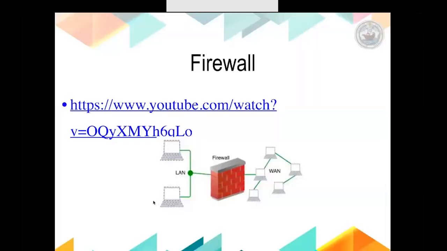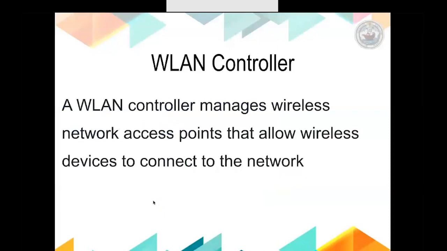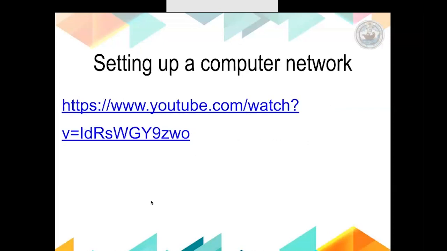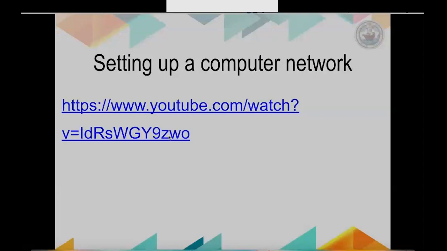So this firewall stands between the local area network, that's your college network, and your internet. So it filters the data actually. So it helps us to secure the incoming data and the outgoing data. And we have a WLAN connector, a wireless LAN controller, which manages the wireless network access points. Okay. So if you want to set up a very simple home network,